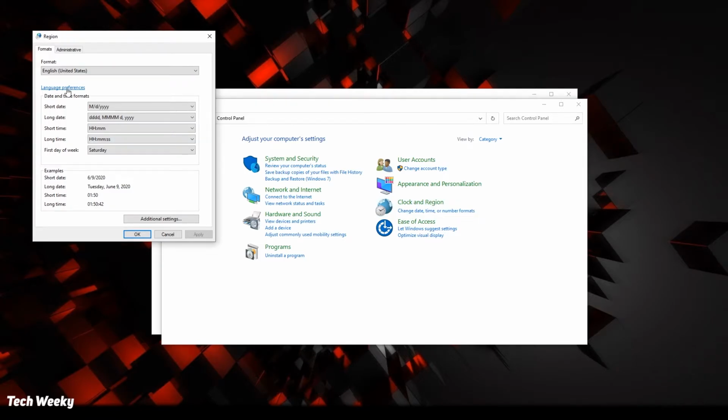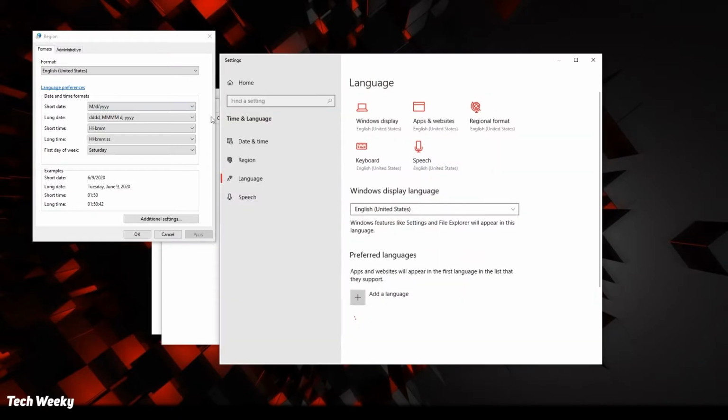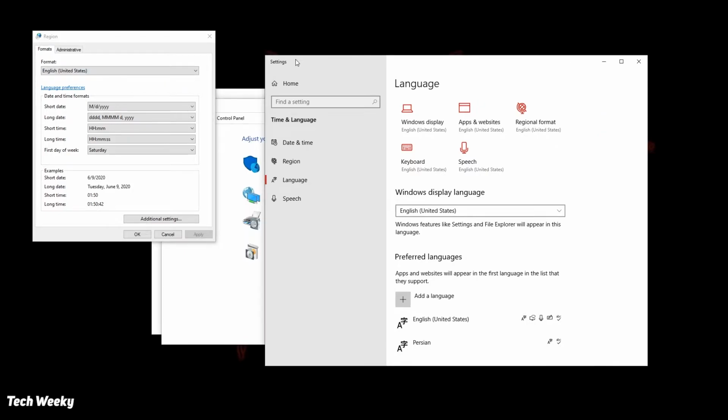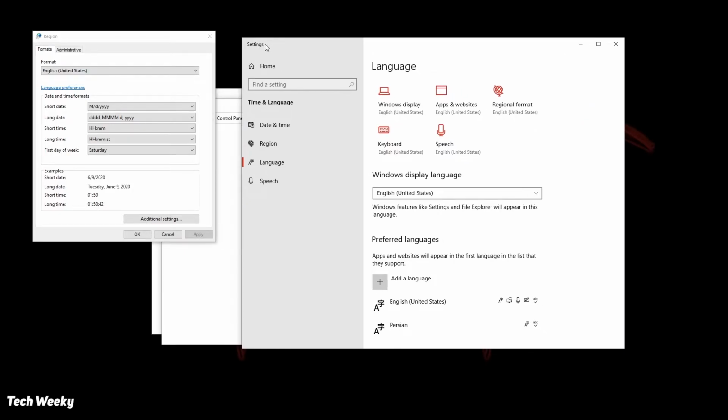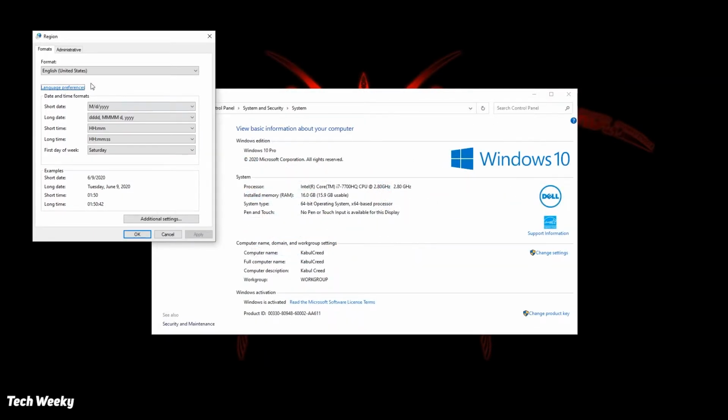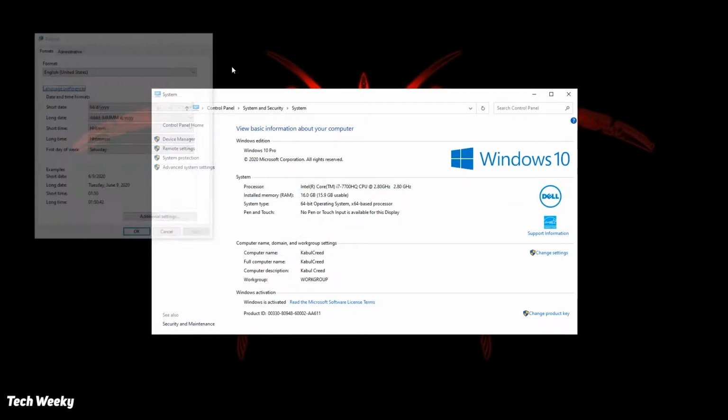and as you can see here, you can find language preferences here. Just click on that, and another window will open. In previous versions of Windows, you can find that right here, in another tab. But in Windows 10, you can find it in another settings window. And if you want to go there directly without opening this piece of crap here,